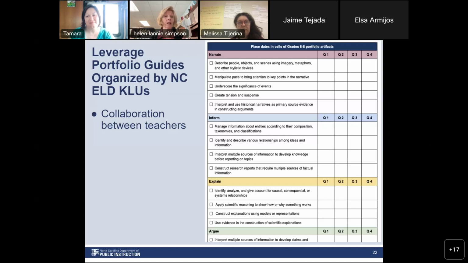One of my teachers yesterday that I met with had made a copy for each student. And she still uses those good old black and white marbled composition notebooks and just had this pasted on the inside cover and had some dates in on it. You can do it digitally.